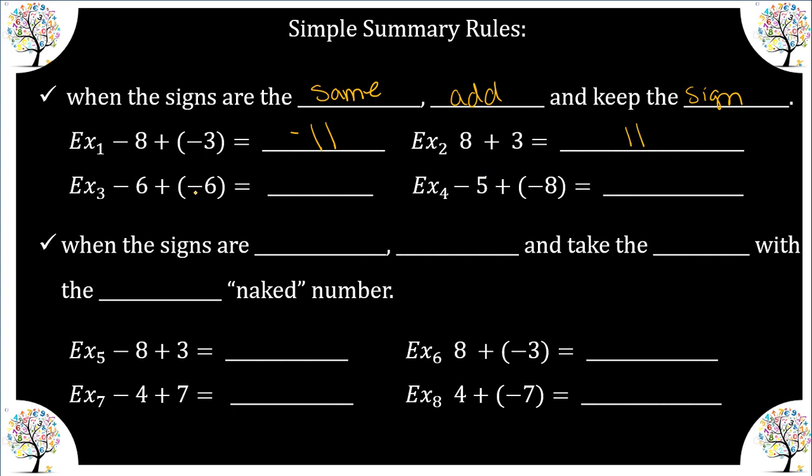Negative 6 plus negative 6, the signs are the same. We get negative 12. Negative 5 plus negative 8, the signs are the same. We have 13 negatives. When the signs are different,